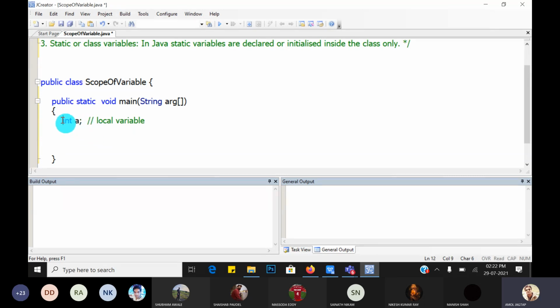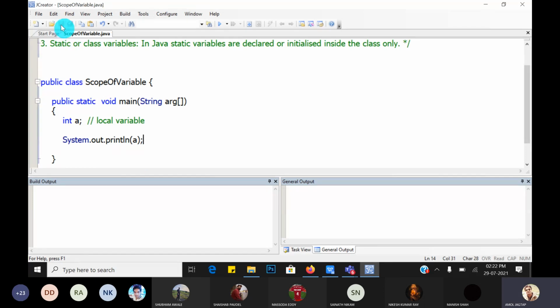Because we have declared a inside the main function or method, so it is a local variable. Now display it. How to display it? For that, System.out.print or println method exists. So write here like this, just a. Okay, no problem, the value gets displayed.